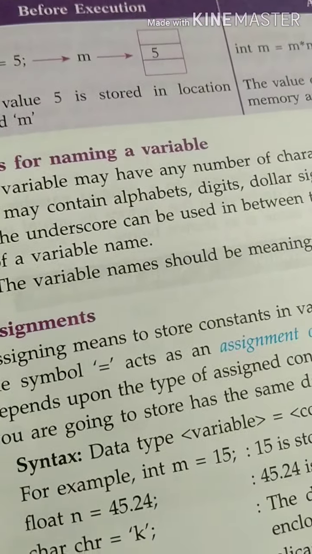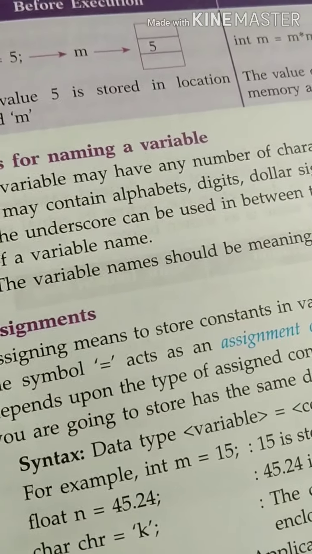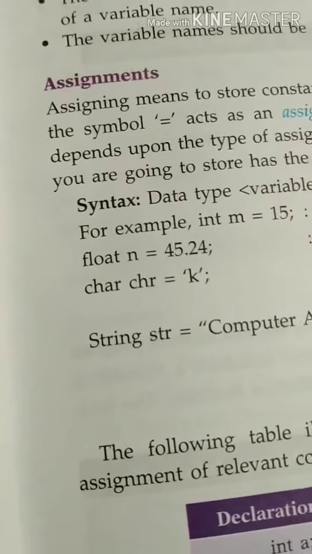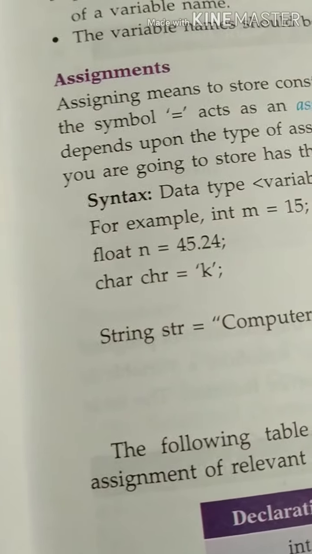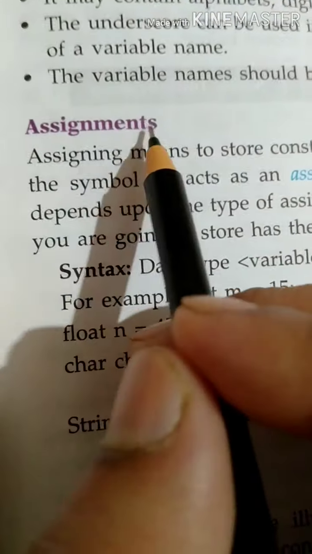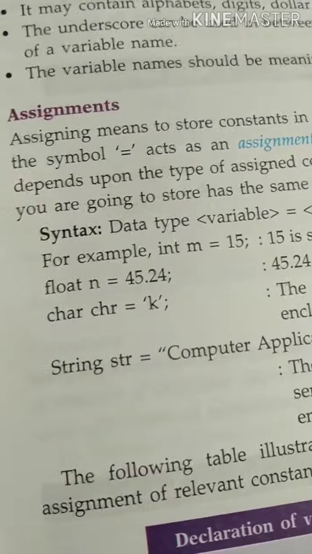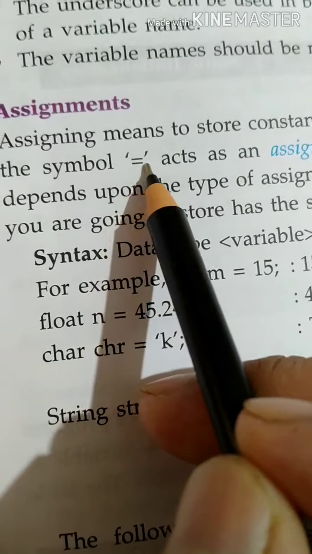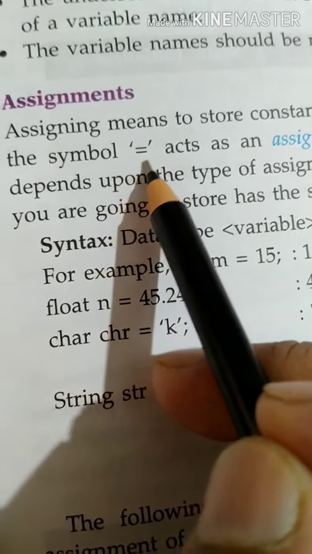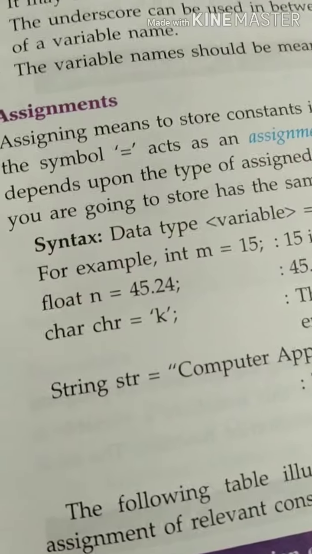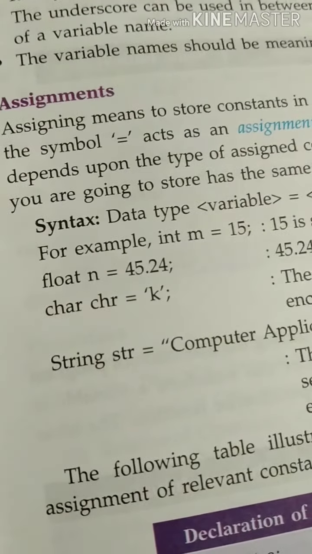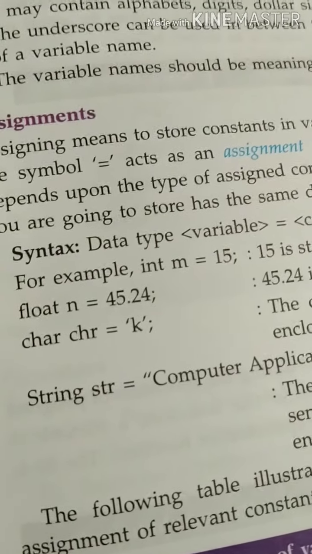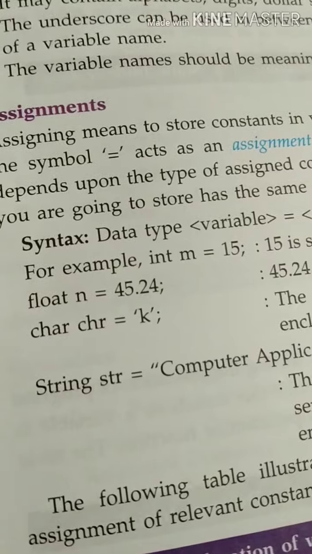Whatever variable name you give, make it meaningful, so that its meaning comes out properly in the program, and the sense of your program is easily understood by the programmer. Assignments I have already told you about in the previous video. This is not an equal to operator, this is an assignment operator, a single equal to sign. We assign the value. Suppose a equal to 5, then we are assigning the value of a as 5. The next time a equal to 6 may also be assigned.